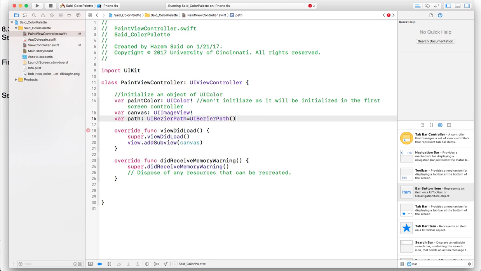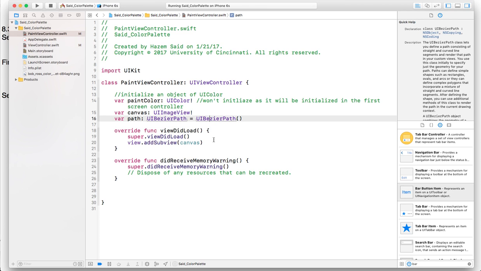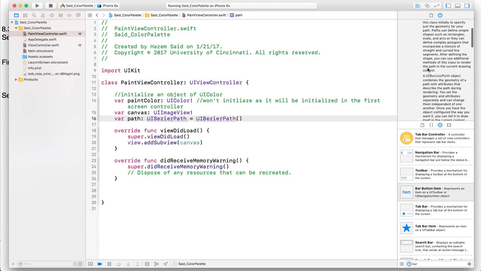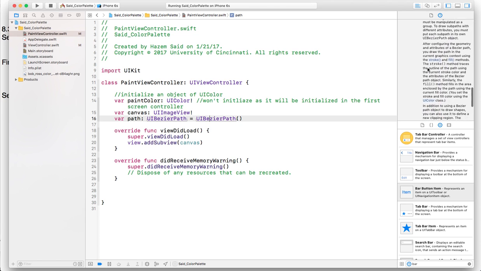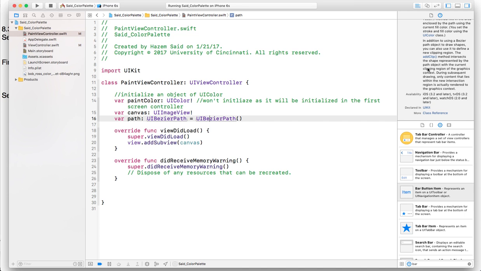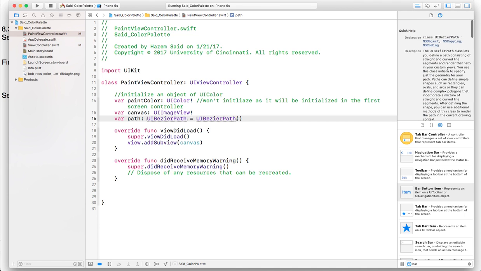So initialize it to an empty Bezier path. Would it accept it? Yep, accepted it. So I'll create and initialize to a Bezier path. Notice here when I put the cursor on the Bezier path, the help in the utility area gives me information from the actual API documentation, and then I can go and click on the class reference to read more